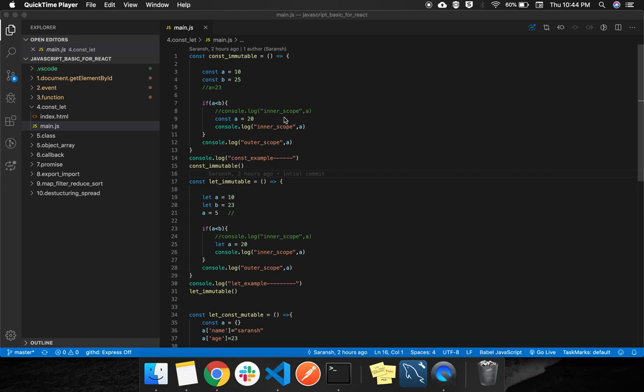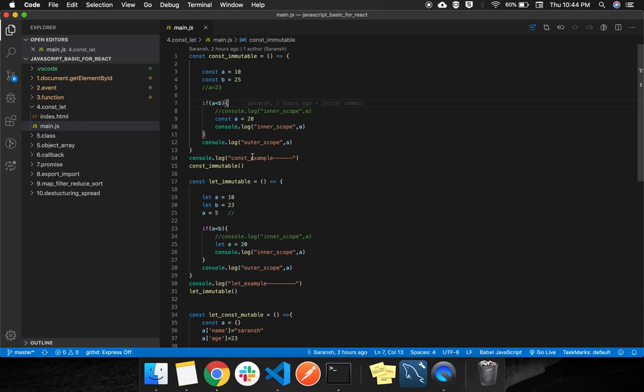Okay, now we will learn about const and let. These are the two types of variable which we will use, which were introduced in ES6, and these are the recommended data types which we have to use. Both are dynamic, meaning if you write const a equal to 10, you are giving an integer value, so that will become an integer type. If you give a string value, it will become a string type. If you give an object or array, it will become an object type.